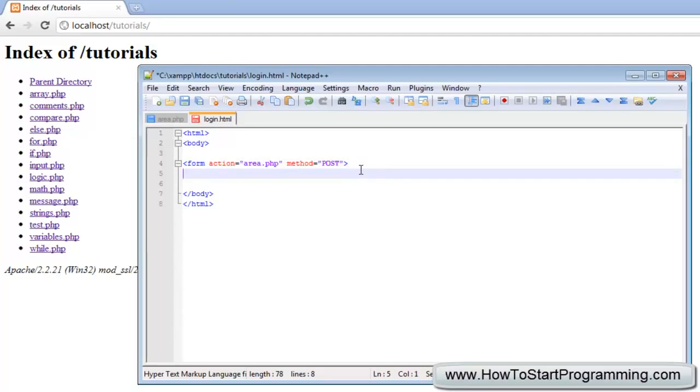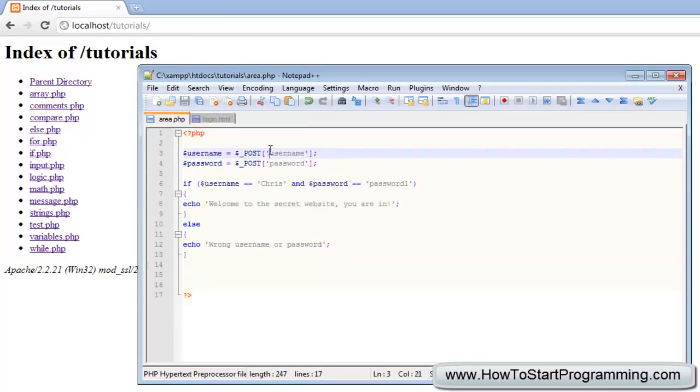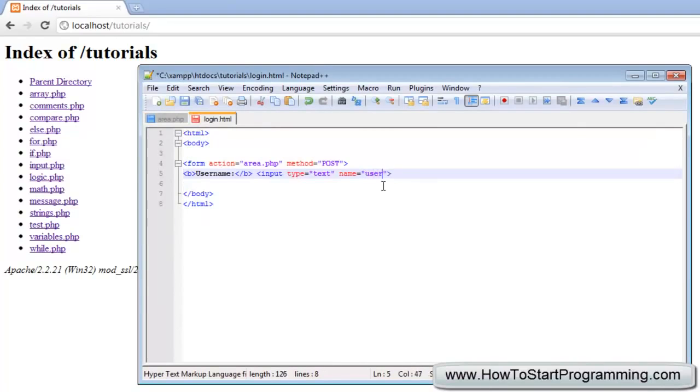Then we need to create our two text boxes, so we're going to put bold username, and we're going to put input type equals text as before, but this time the name must be equal to the name of our variable that we're setting over here. So if we go back, the variable name of post is username, so the name must be username, and we'll have a line break to go to the next line, and then the next one,